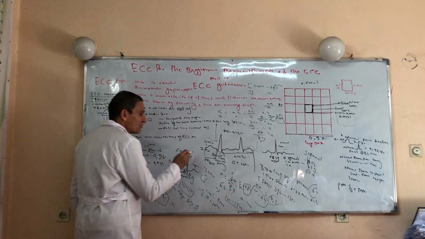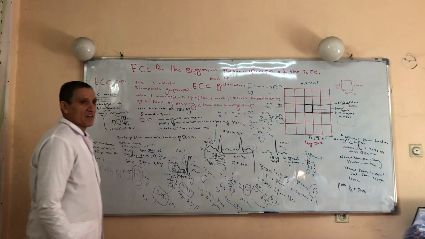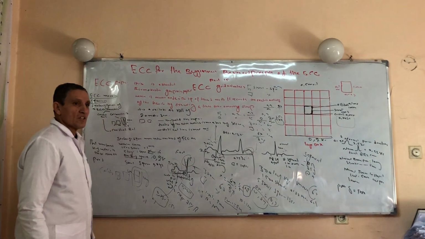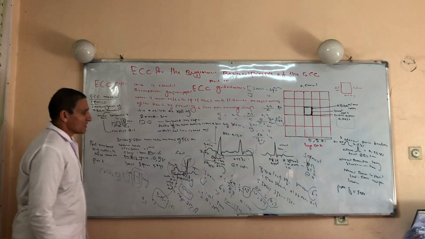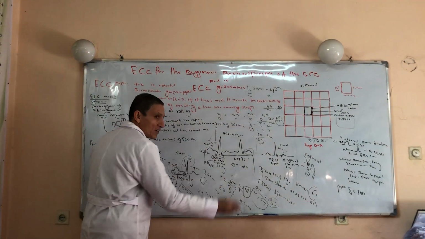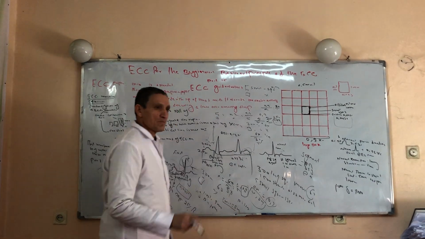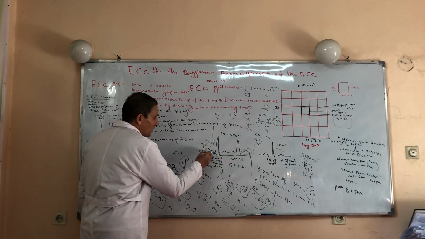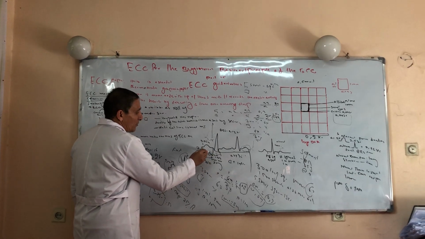The PR segment is the segment which starts from the end of the P wave to the onset of the R wave. That duration over the ECG paper represents 0.25. What is the clinical role of this PR segment? Shortening of the PR segment is seen especially in cases of accessory pathways, in WPW syndrome and LGL syndrome. This PR segment becomes short. The duration of the PR segment is 0.25.